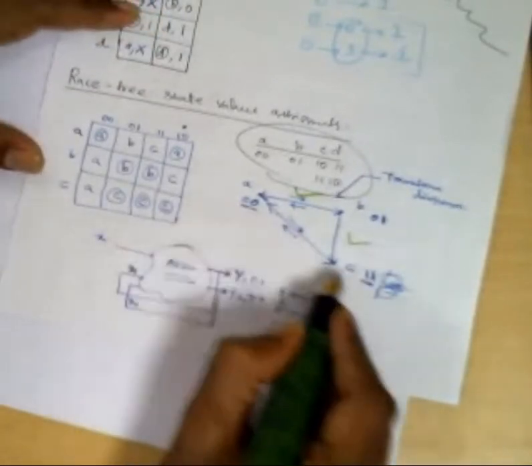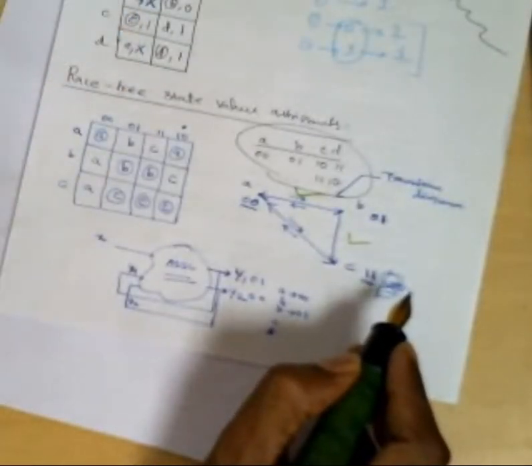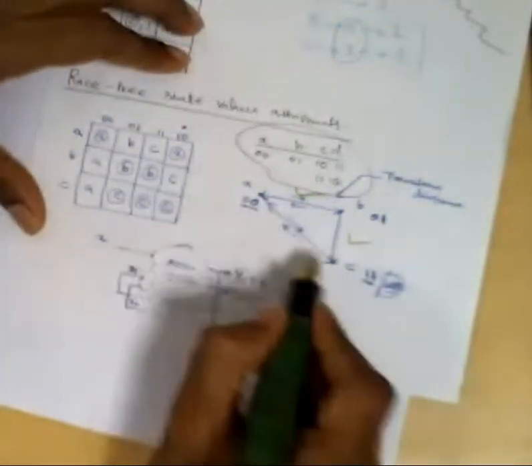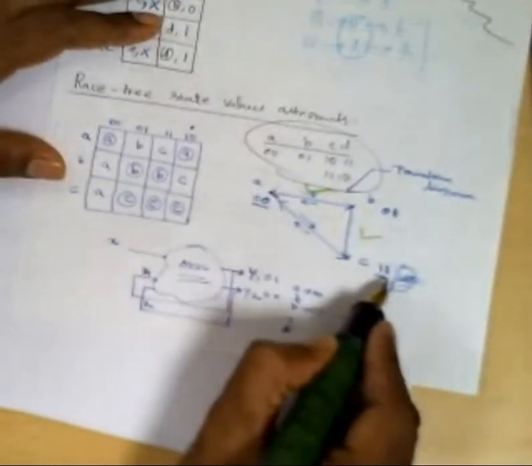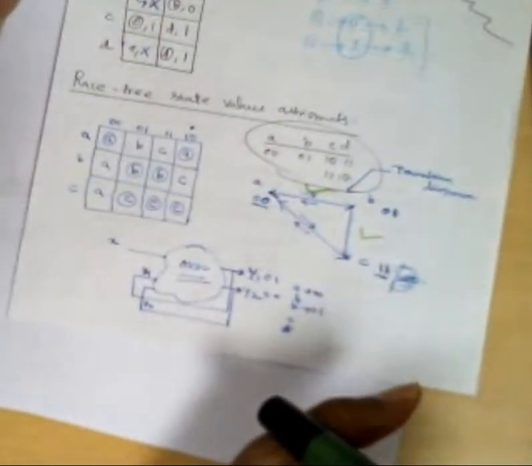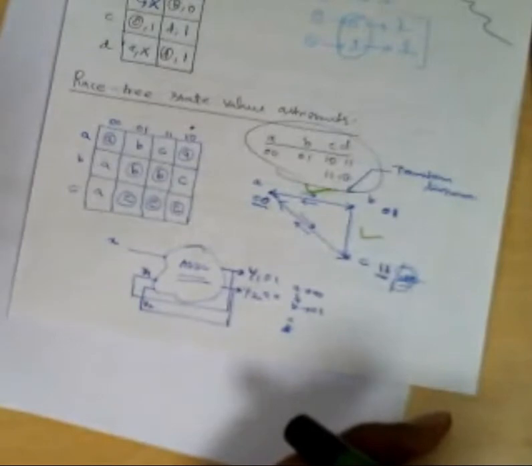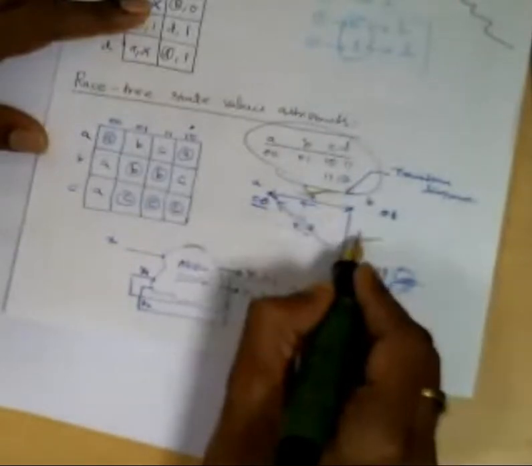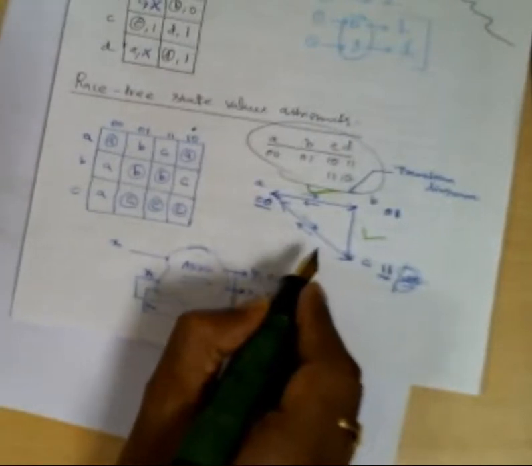Correct? If the two variables are simultaneously going from 0, 0 to 1, 1, it is fine. In case there is some delay, instead of going from 0, 0 to 1, 1, if it goes to 0, 1, then it will go to B state and get locked there. There is a chance. Correct? That we need to analyze now. Whether making 0, 0 to 1, 1 is really a critical race or a non-critical race, that we should see. But there is a chance for a race. But whether the race is critical or non-critical, that we need to analyze. Understood now? Yes, sir. Therefore, this is fine. But if we do not know whether this is fine or not, we need to analyze and then understand. Accordingly, we need to proceed further.